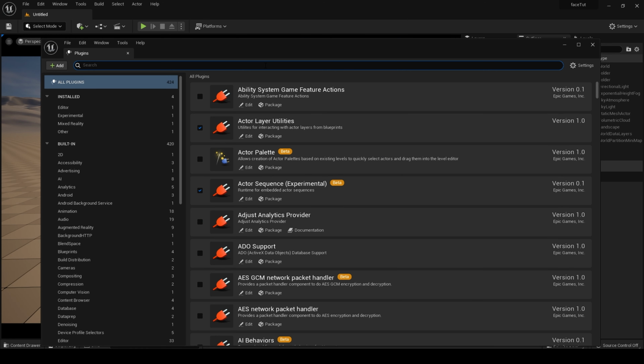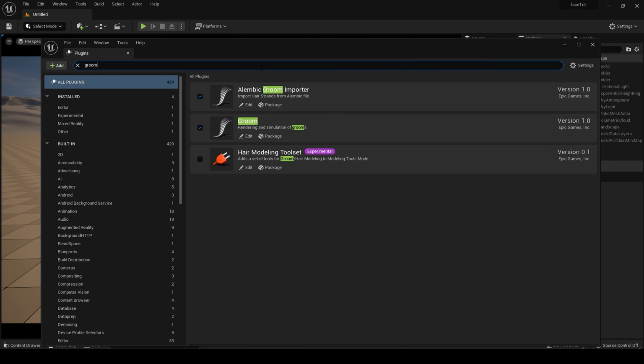And also we want to make sure, in case we change the hair, that we've got the Alembic Groom Importer and Groom enabled. All the other plugins that we'll be using should be enabled when you import a MetaHuman. If you've done it manually like me, you will have to manually do the settings.